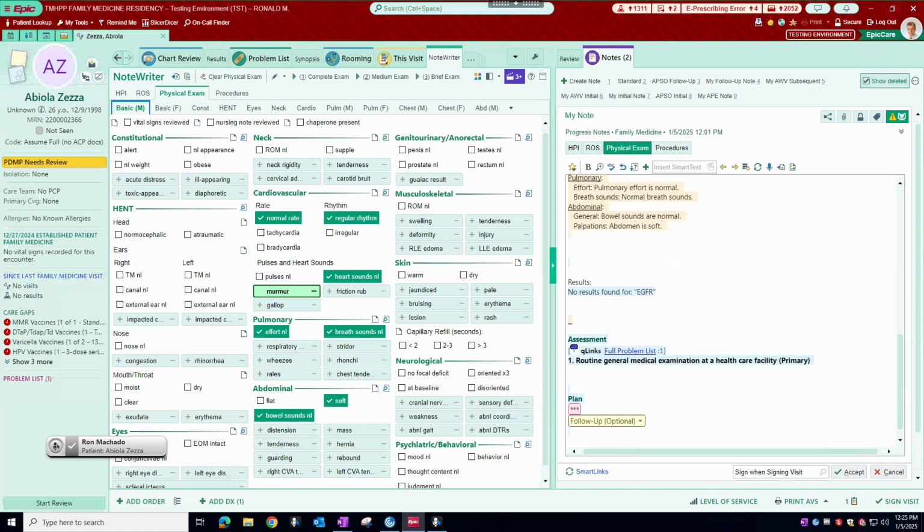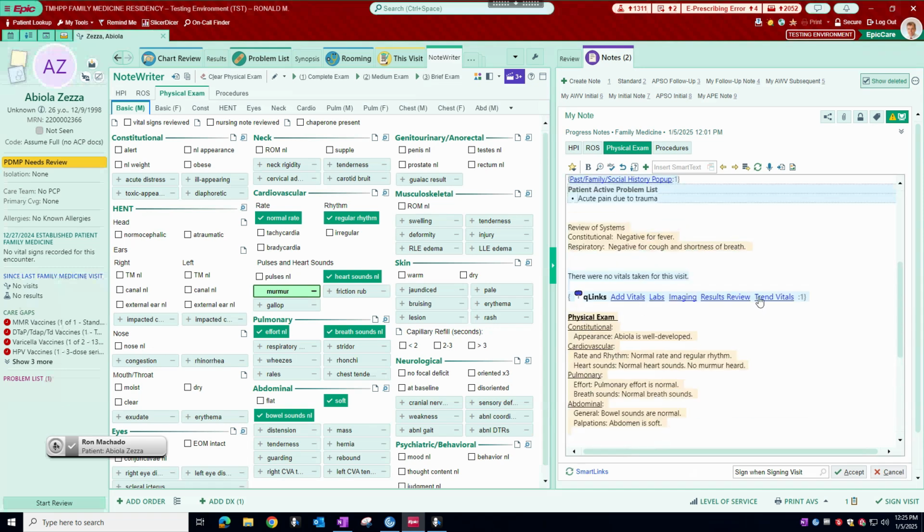knowing that you can use voice recognition anywhere where you can type, and that the hyperlinks of information to help you quickly get at information without having to search the chart too much, those hyperlinks will go away when you sign the note. All right, so